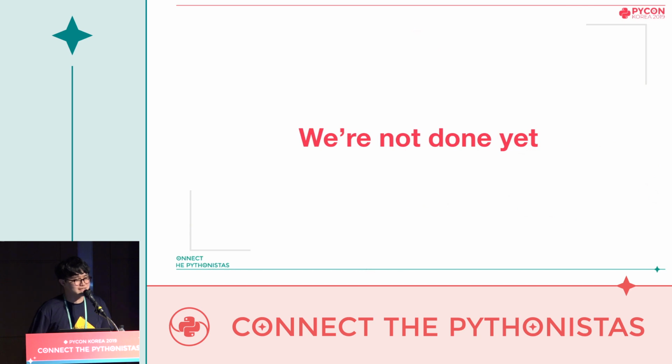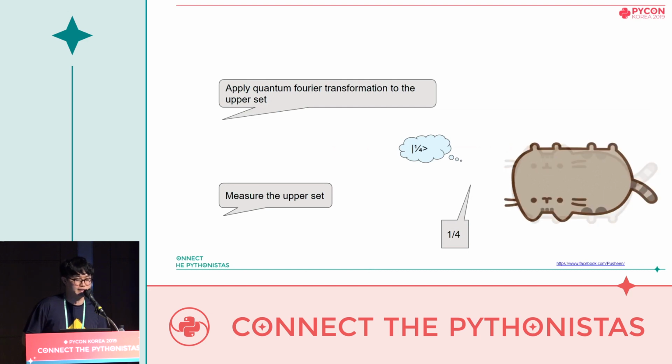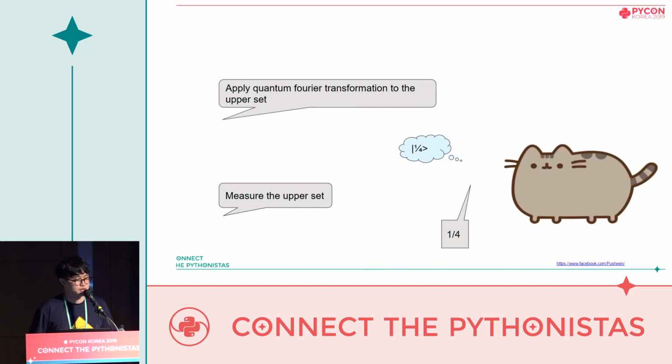We want the result to be exactly the period. And to do that, we are going to use the so-called quantum Fourier transformation. The quantum Fourier transformation converts a state to a wave. And in this case, all the possible states convert to a wave and interfere with each other. As a result, only 1 over the period is left. So when we measure after applying the quantum Fourier transformation, we would get 1 over 4, which we would then be able to flip to get the right period.